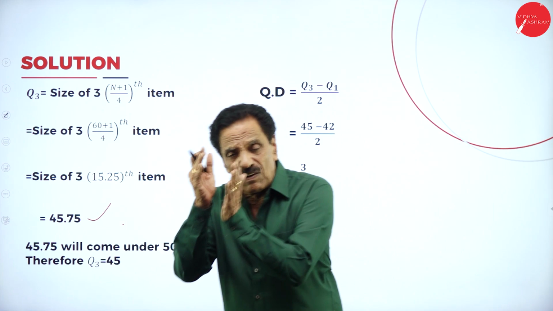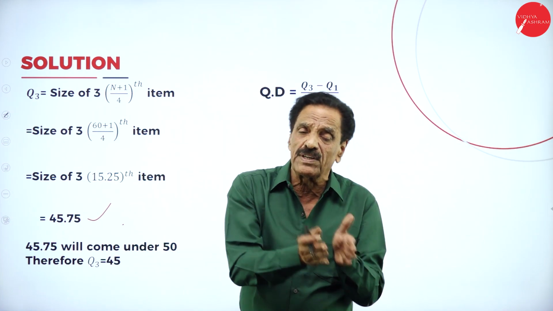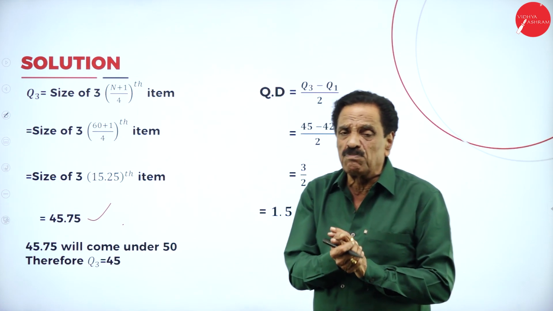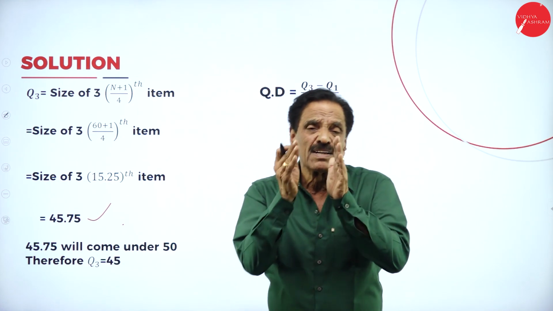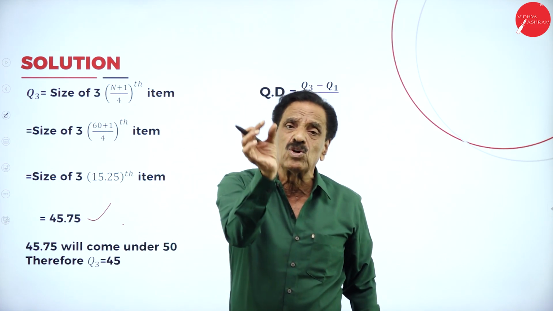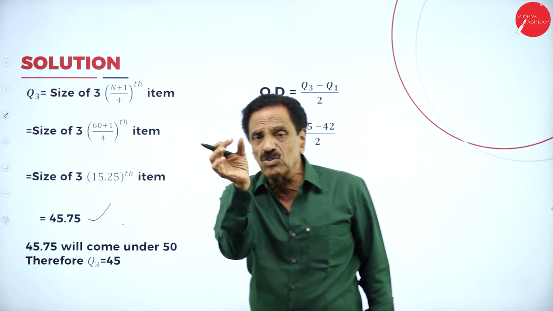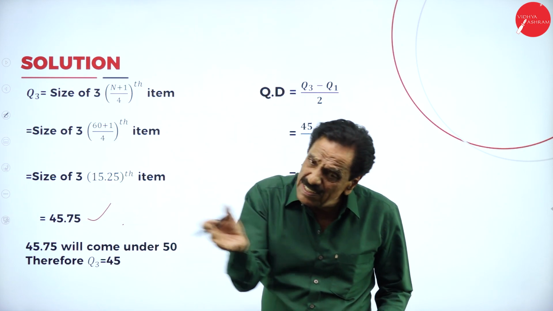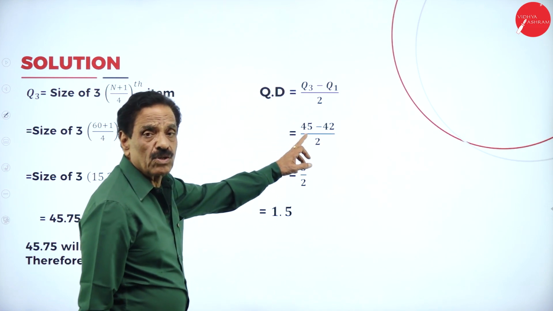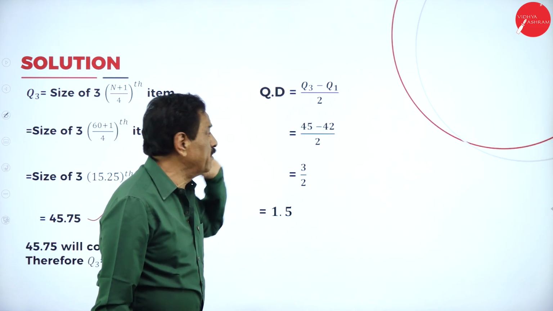So, what to do? Find out where the item falls in the CF; the constant number x is your quartile. What is the first step? Convert the frequency into cumulative frequency. Then apply Q1, Q3. Find out Q1 and Q3 in the CF. The constant number is x. Then apply the formula. Quartile deviation is equal to Q3 minus Q1 divided by 2.